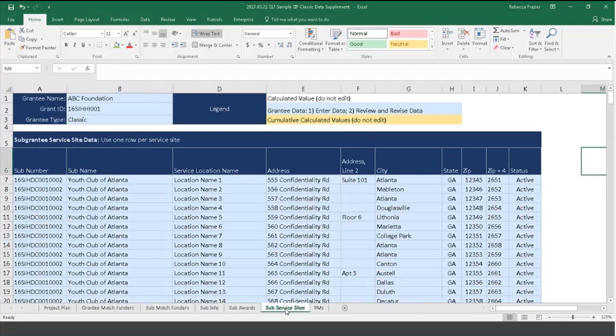And then the last sub-related tab here is the sub-service sites tab. It's very similar in some ways to your sub-info tab, except that it's just asking you to list each service location on its own line. Some of you had asked questions about what counts as a service site. In general, that would be an entity that you're working with, so either a location where you're providing services or an entity with which you might have, for example, an MOU,